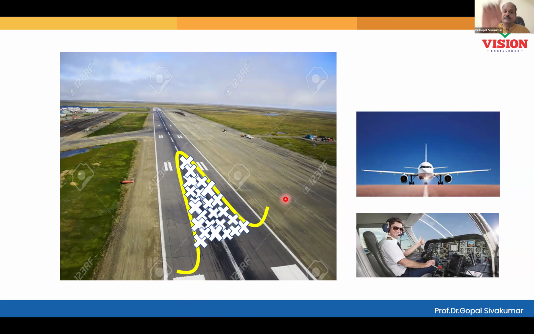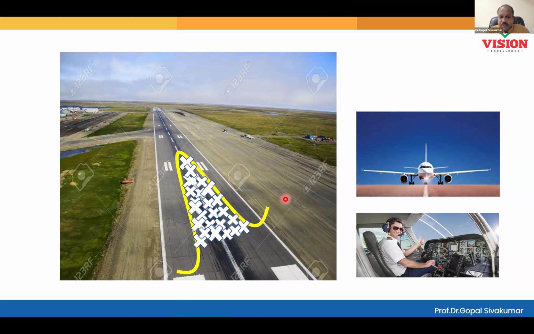A peak is happening at the center. Why is the peak happening at the center? That is the intention of the pilot. That is how the process is designed. Whatever you designed, that will happen. That is happening, and that is why now the curve is peaking at the center.